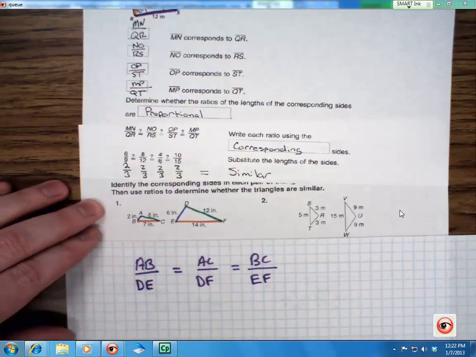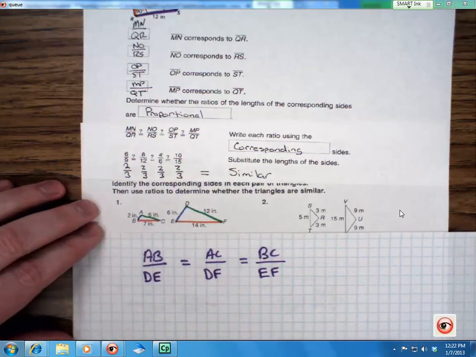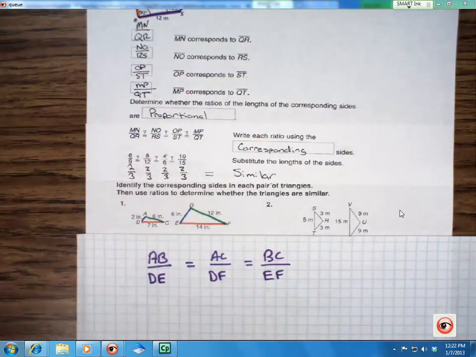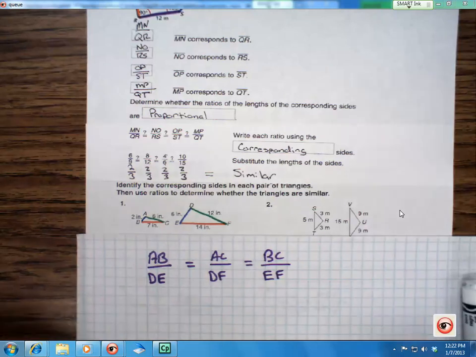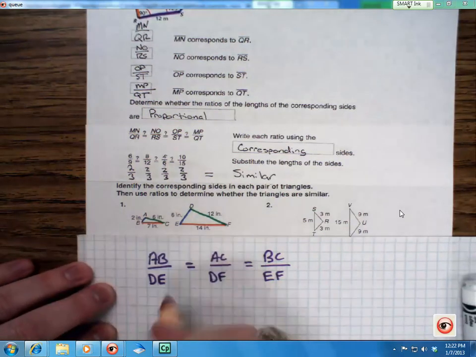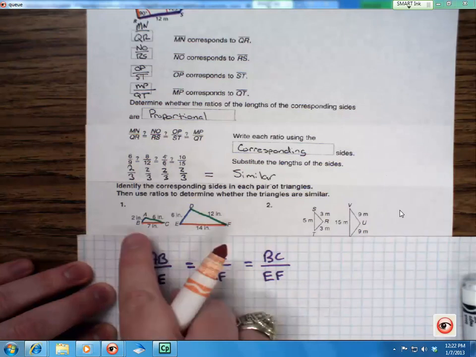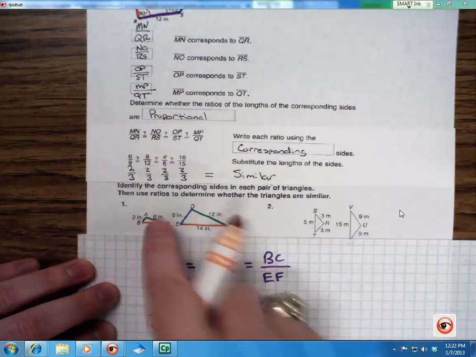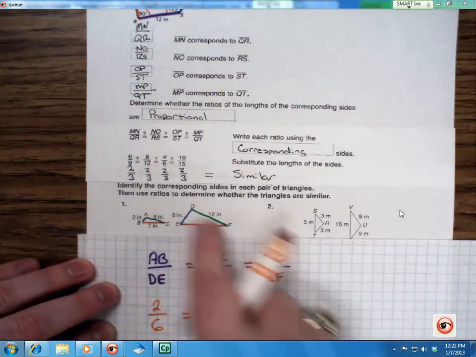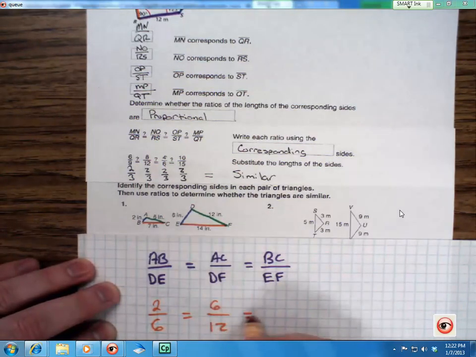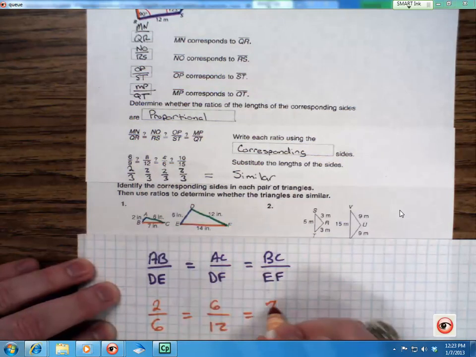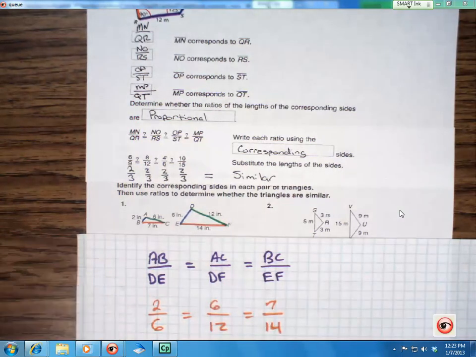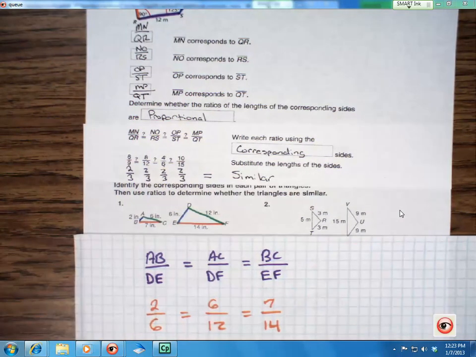Okay, now once we have that written, now we need to actually fill in those values for those letters. Okay, so AB is 2, so we would have 2 over DE, which would be 6. Set that equal to AC, which is 6, over DF, which is 12, and BC is 7, and EF is 14. Now, once we have those, now we need to simplify like we did on our